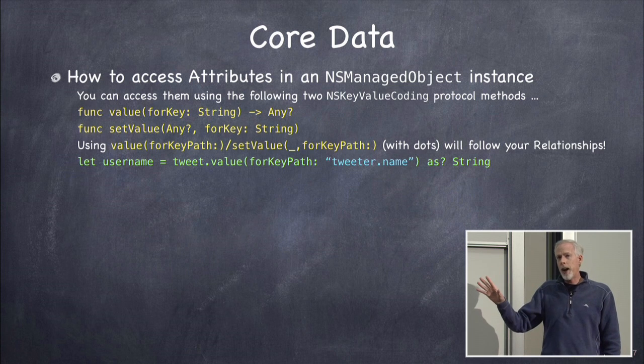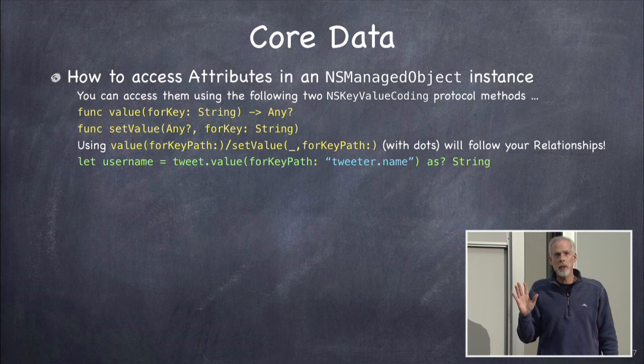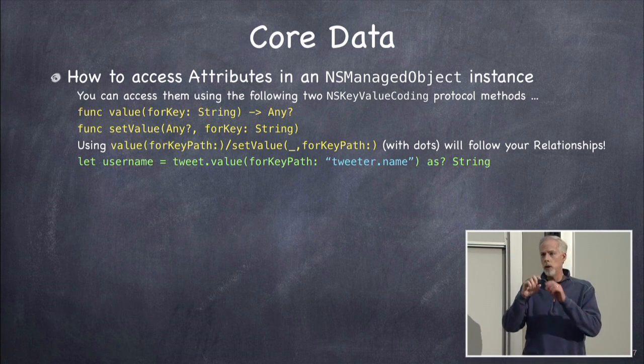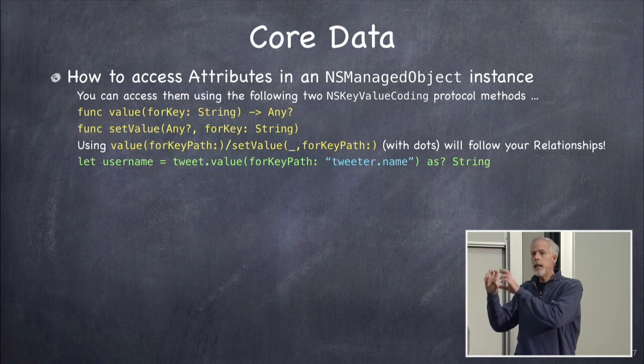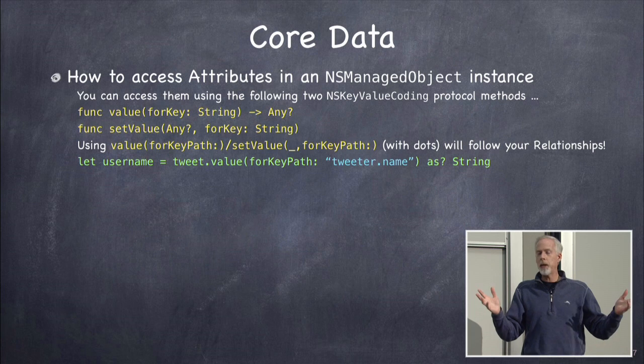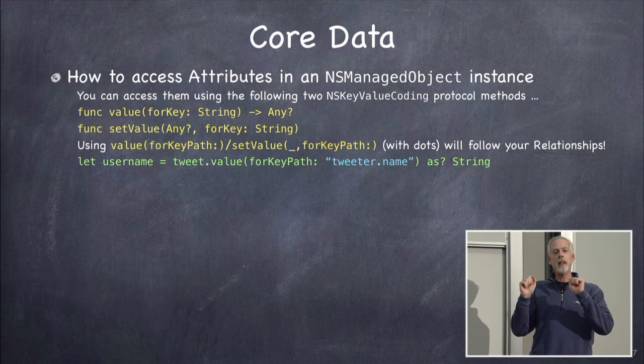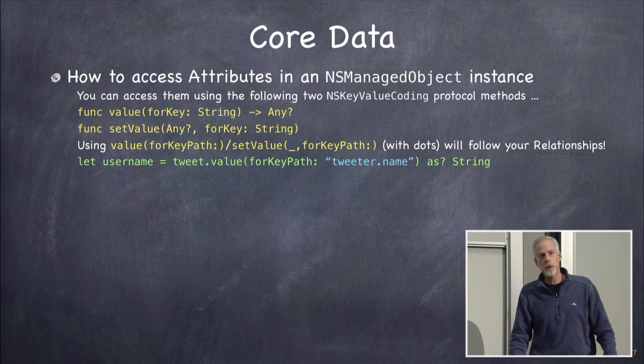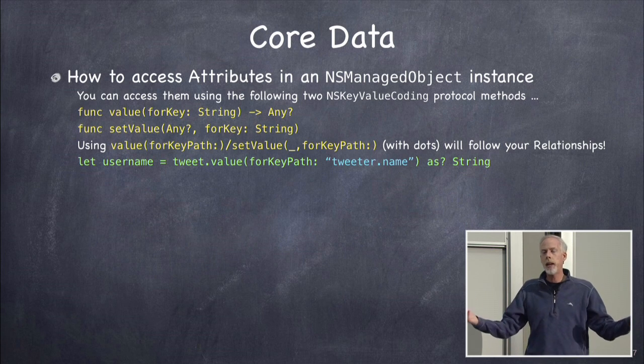I'm kind of going fast through this because this is a really terrible API. First of all, it's got Any in there, so there's no type checking going on here. Okay? You could say setValue date forKey "text". All right? And that would be perfectly accepted by Swift. Date is an Any, and "text" is a string, but of course that's going to fail miserably at runtime, because the text is a string.